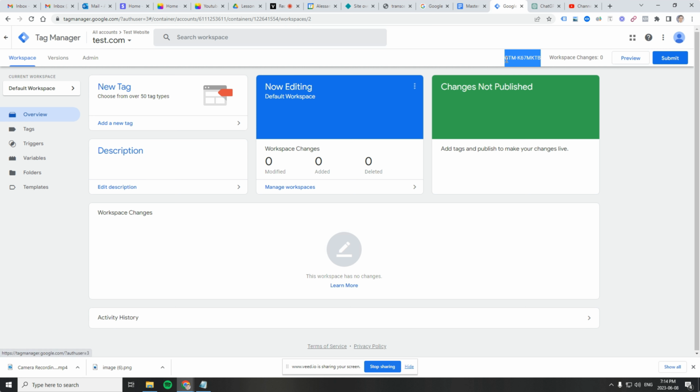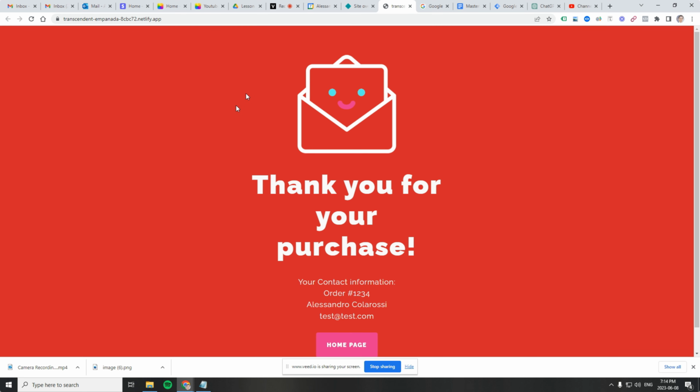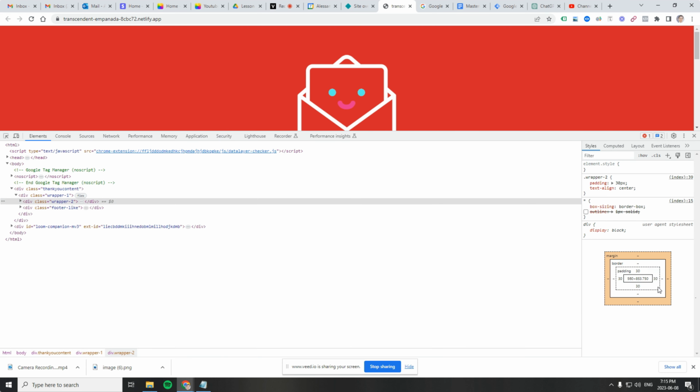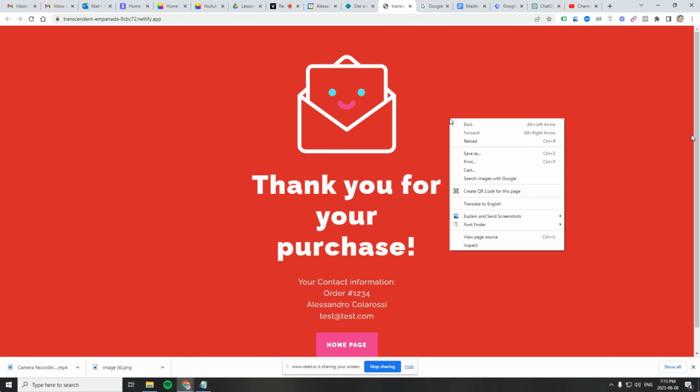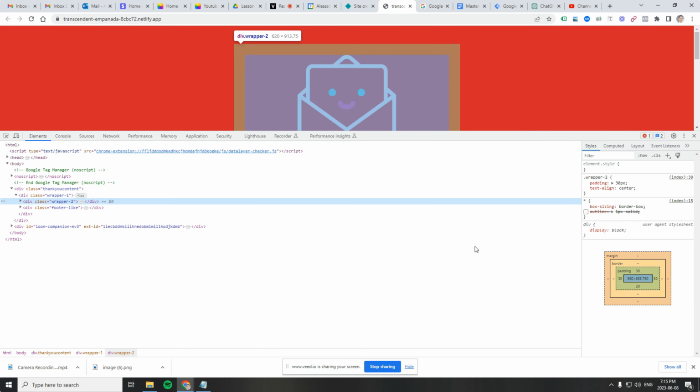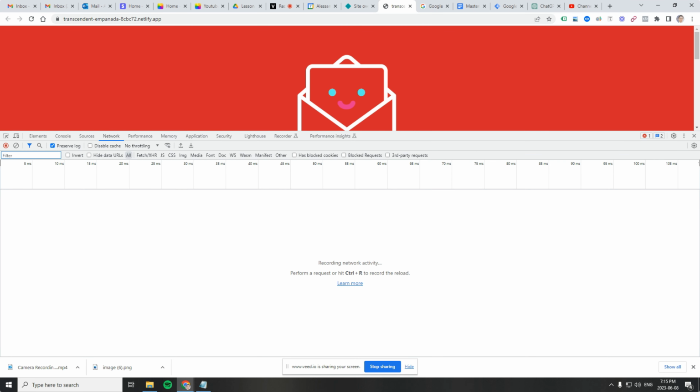Alternatively, what you can do is copy this, go over to your website, and open up Inspect. The way I did that, I right-clicked on the website, clicked on Inspect, then went to the Network tab in Chrome. Let's say, for example, you don't have the Tag Assistant Chrome extension. When you open up the Network tab in Chrome, you can filter for the GTM ID. And then just make sure that All is selected here. And when you refresh your page,